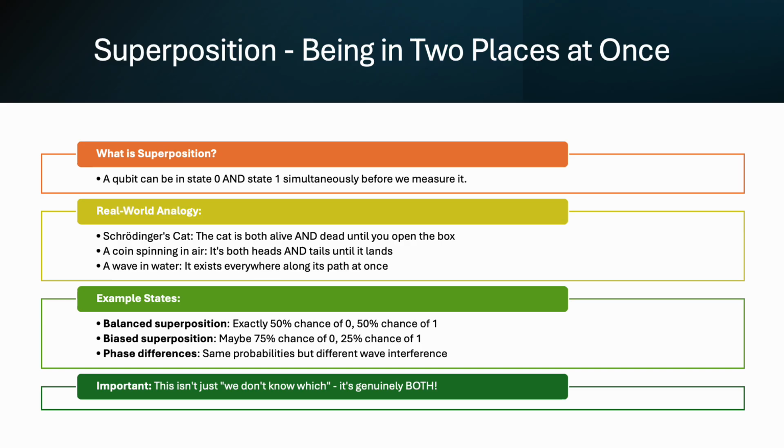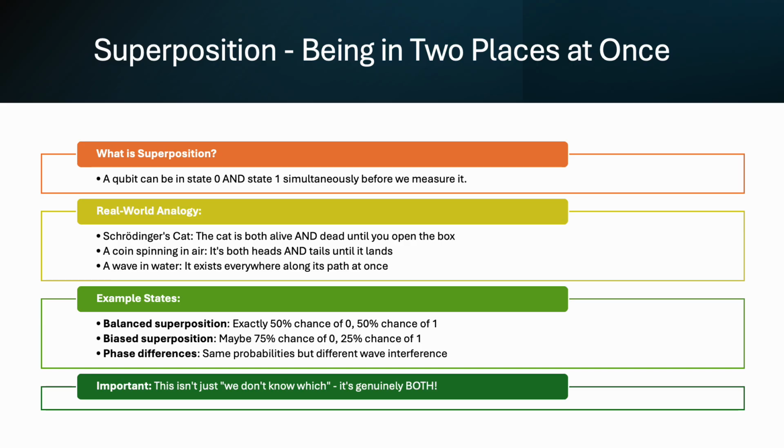Let me give you some analogies to help wrap your mind around this. You might have heard, and obviously we have discussed that earlier, of Schrodinger's cat. A thought experiment where the cat in the box is both alive and dead until you open the box and look. That is the collapsing of a state to figure out what's your end result. While that's a bit extreme, it captures the essence of superposition.